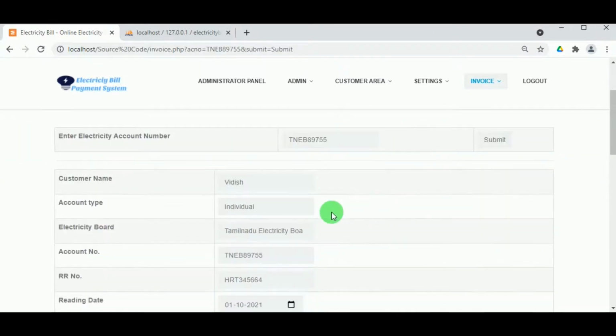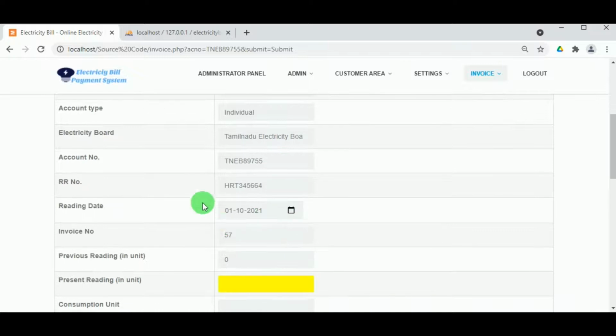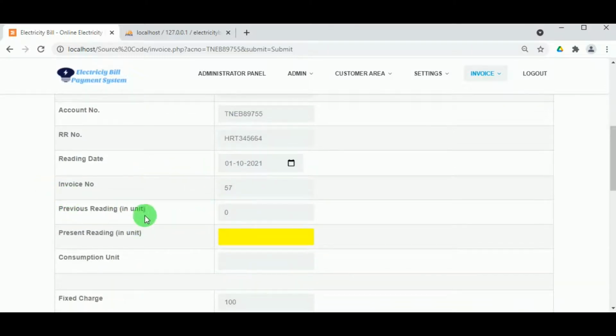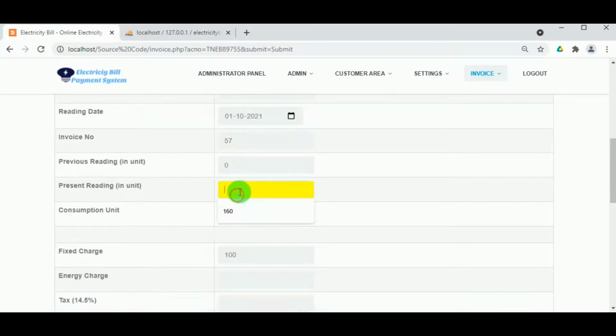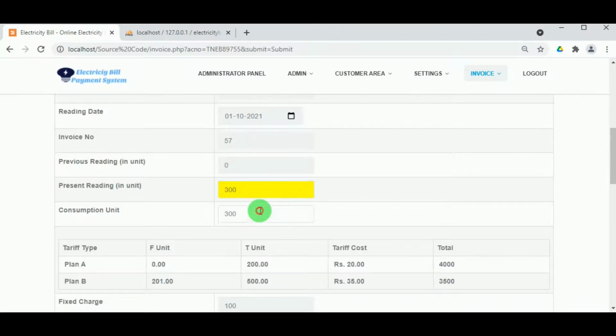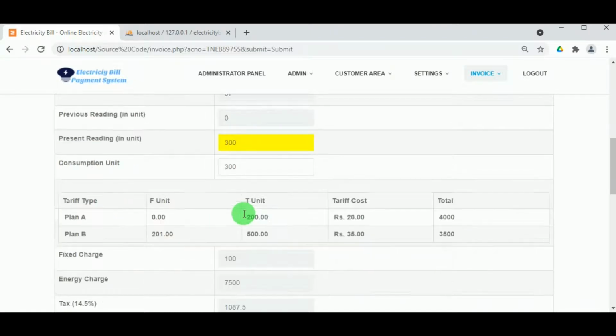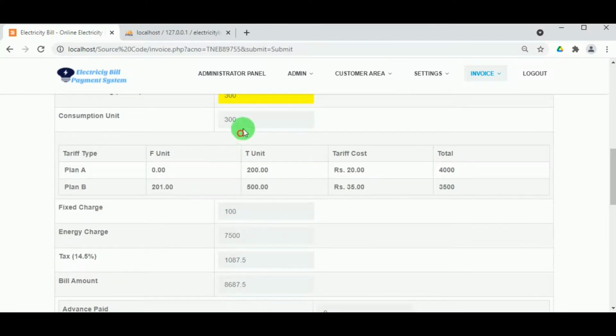Now the details of the customer are visible, and the reading date is also visible. The previous reading appears as 0, and in the present reading, the present reading of the electricity bill must be added.